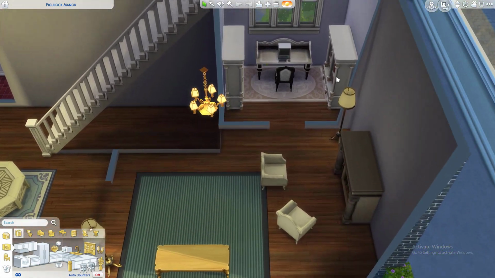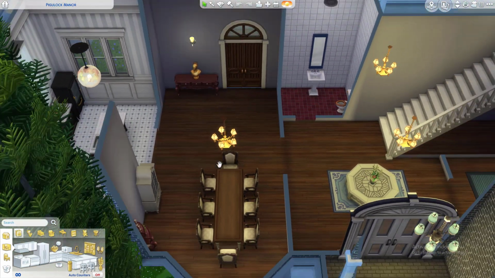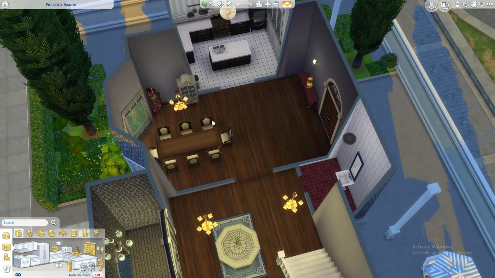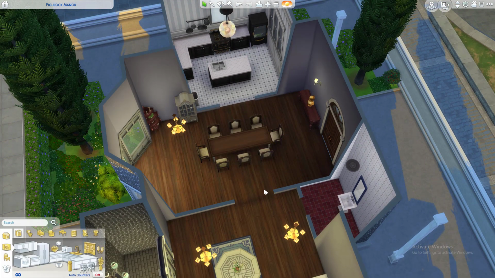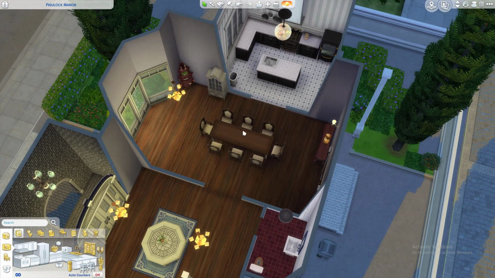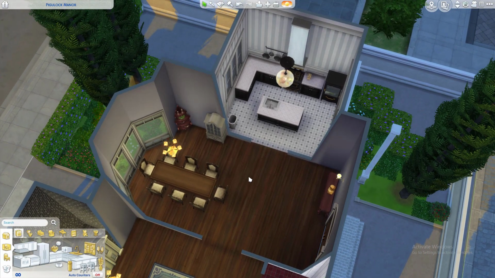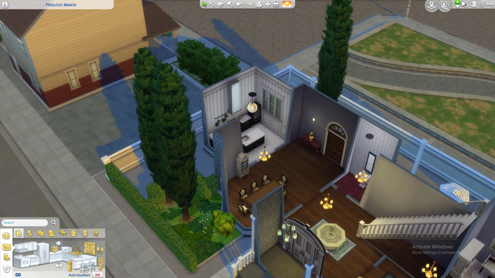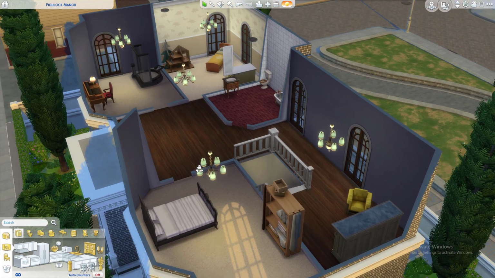You got a little study area over here, tiny bathroom, unnecessarily large dining area. I mean, if it were me, I'd probably put it more central rather than just there, because then you've got all this empty space, and I really hate having empty space. Very nice, very nice. And then if you go upstairs, a few bedrooms,